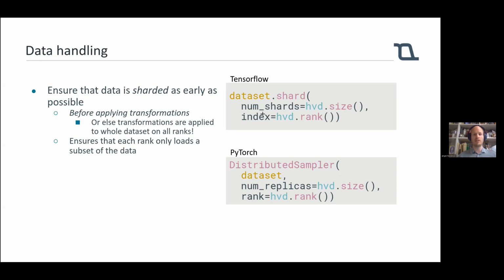So the global file system is really good at letting each of the machines read from the same data set, but at different points in the data. And so if you shard your data set even before you start reading it in, you'll get a lot of speed up, because the machines only need to load the data that they're actually going to use. And by doing this, you give each of the MPI ranks different sets of data to work on, and ensure that you actually have different neural networks, because that's a challenge that many people encounter when they first start to use Horovod, is that they implement it, they start Horovod exactly as the Horovod tutorials explain that you use it,